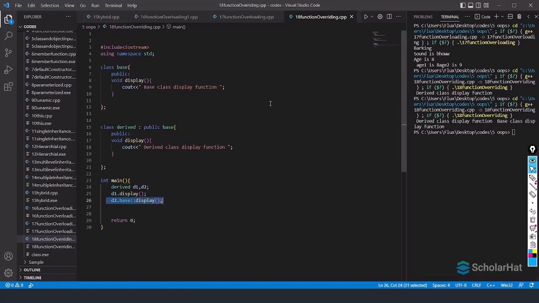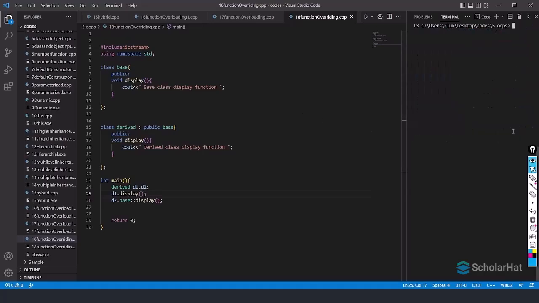So this is what function overriding is, because the derived class will have this display function also internally. Now when I simply call, that time this derived class cout statement is getting printed, but the same display function is there. So to call this same display function, I have to create another object d2, and after that d2 dot Base, the class name, and the scope resolution operator and display. That time it will print that. So this is what function overriding is.